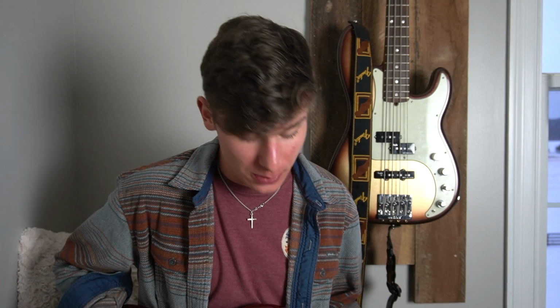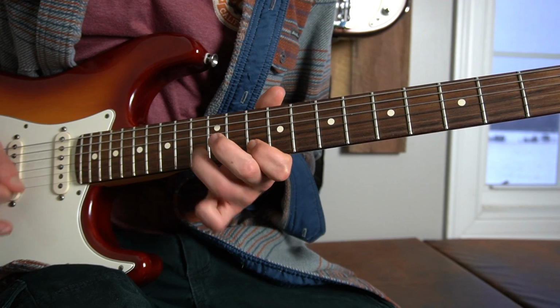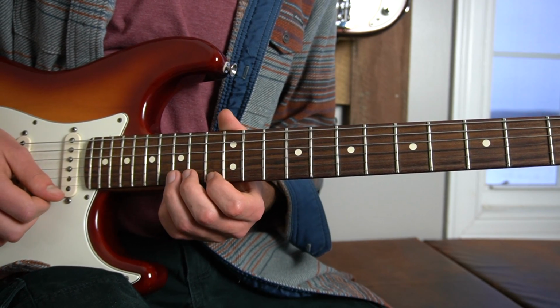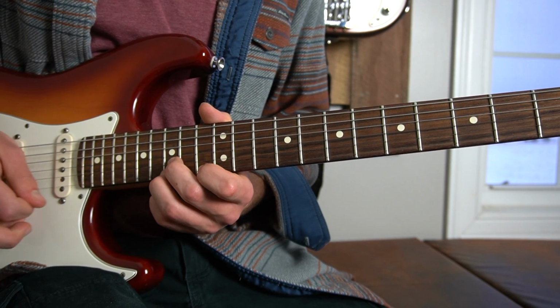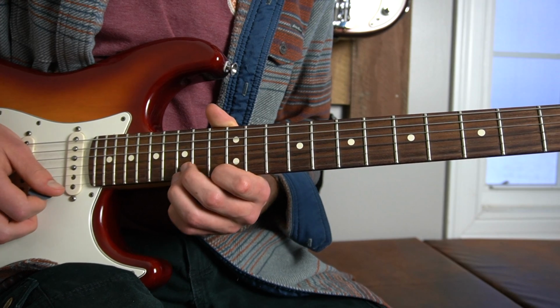So right after that part, which is about this long, we have 3 new notes. The 15th fret of the high E string, to the 13th fret of the high E string, to the 15th fret of the B string. But that one's shorter. I think you only play it 5 times. So,